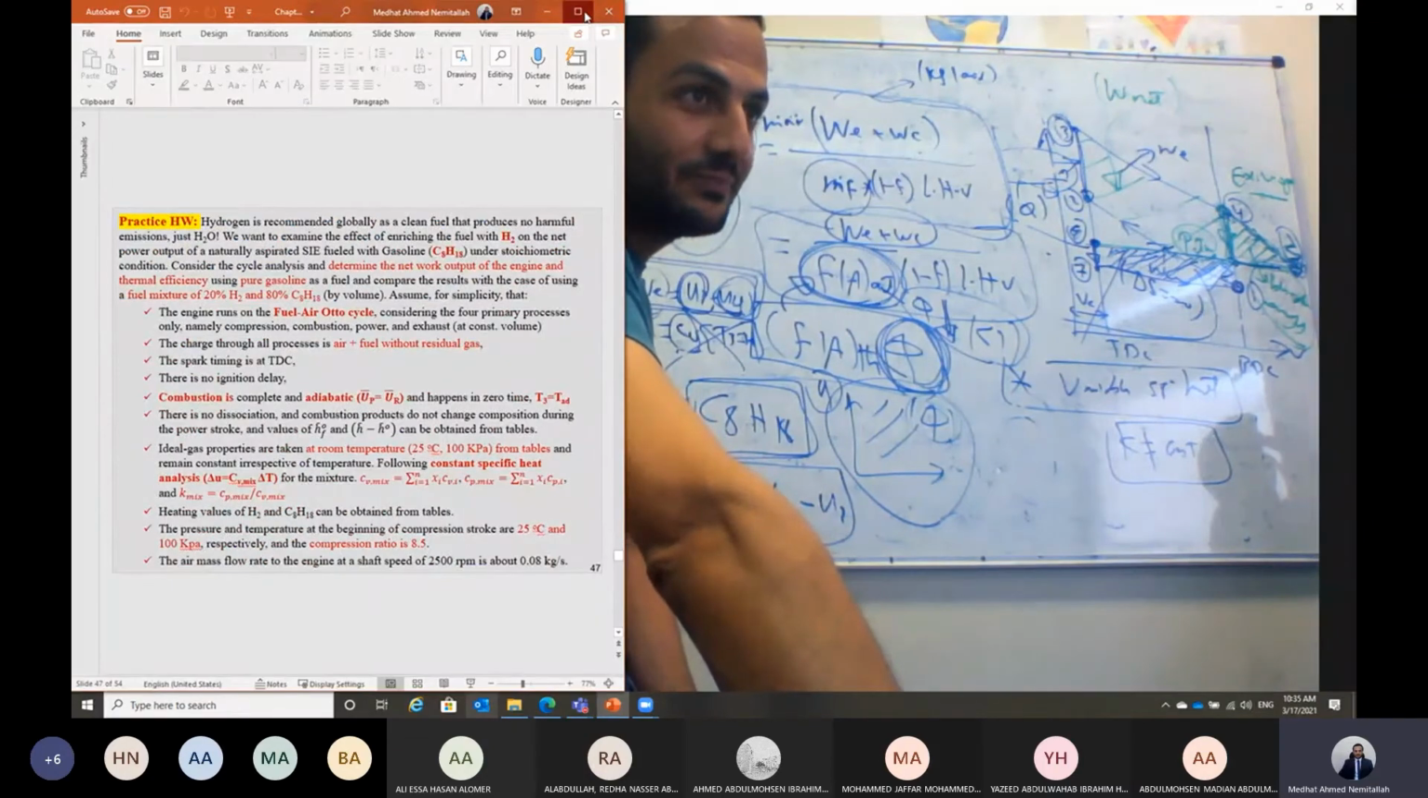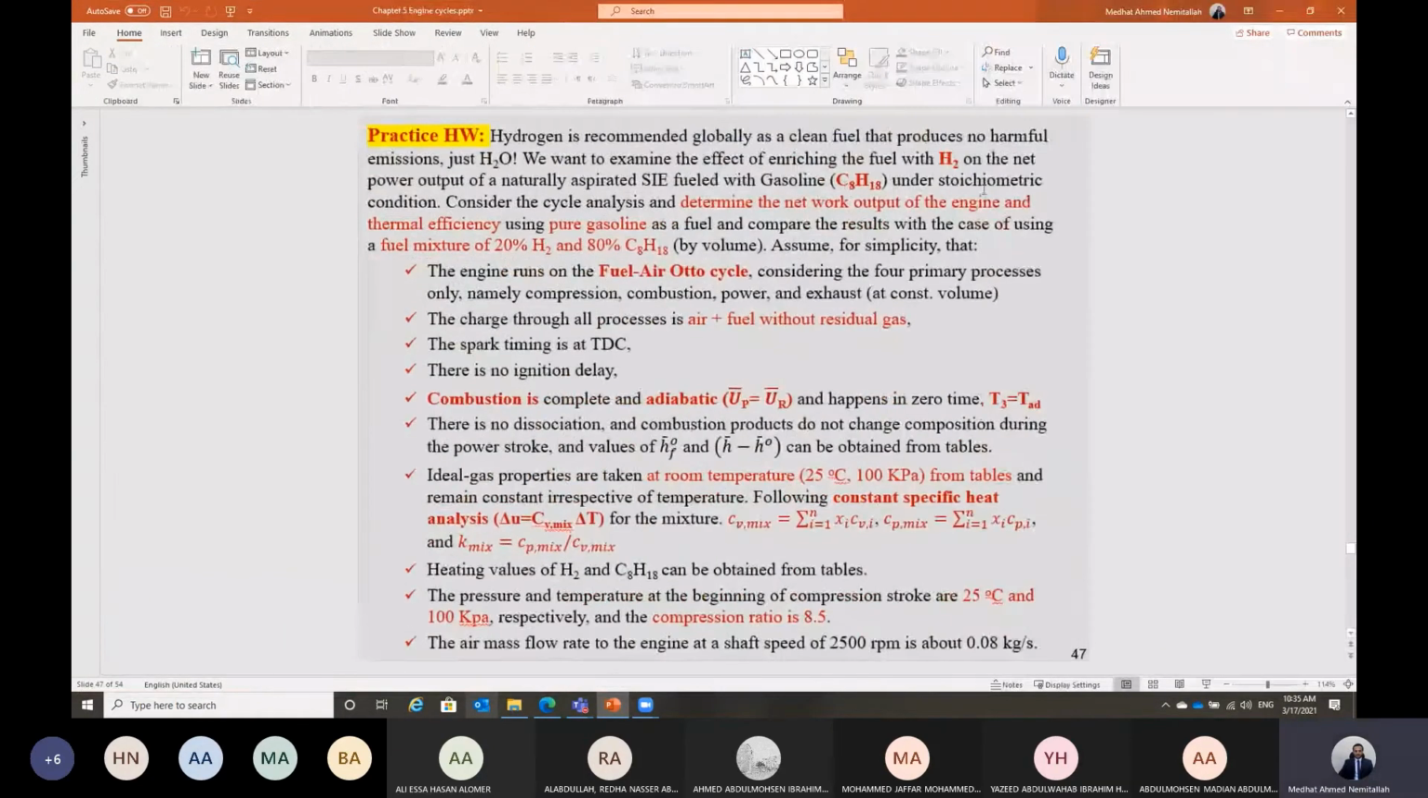Here is an example. It will be a homework example, but it's a good one to practice. This will be your homework. I will announce it inshallah today. If you look at this homework,